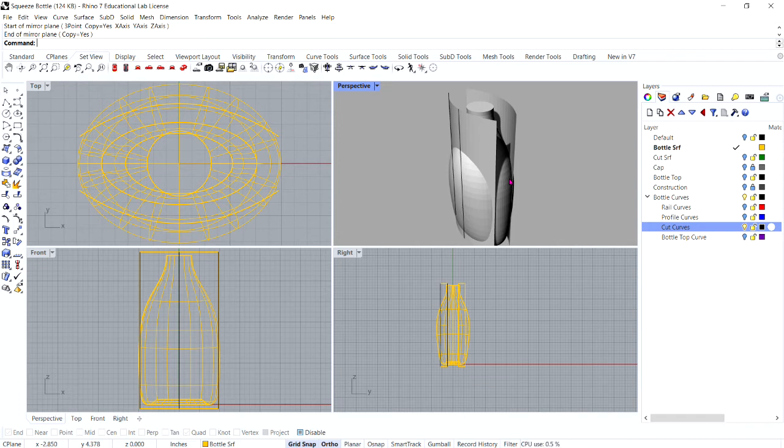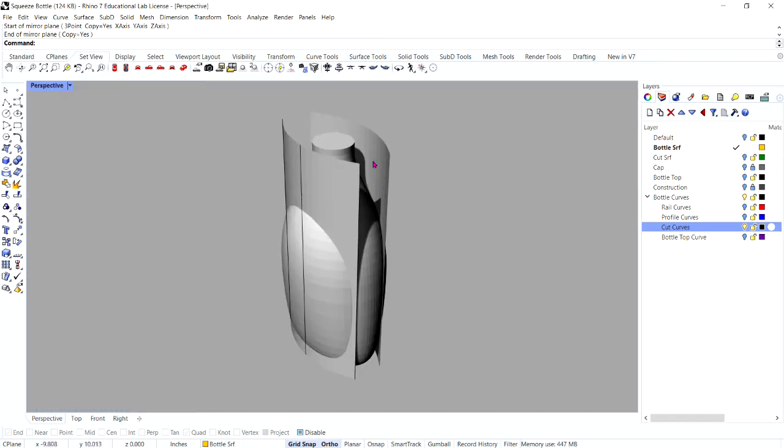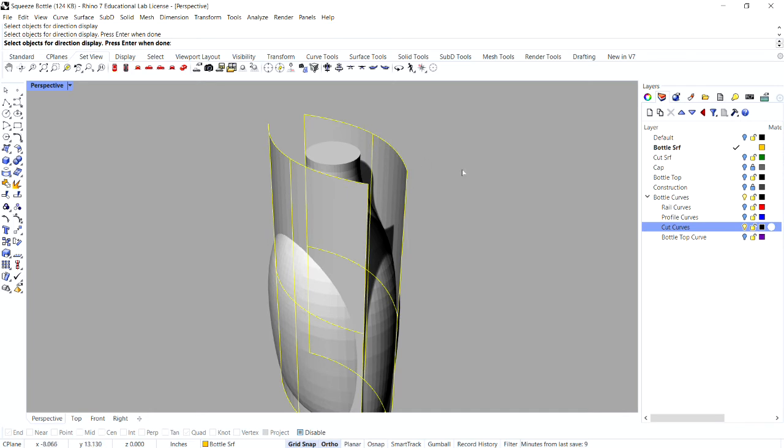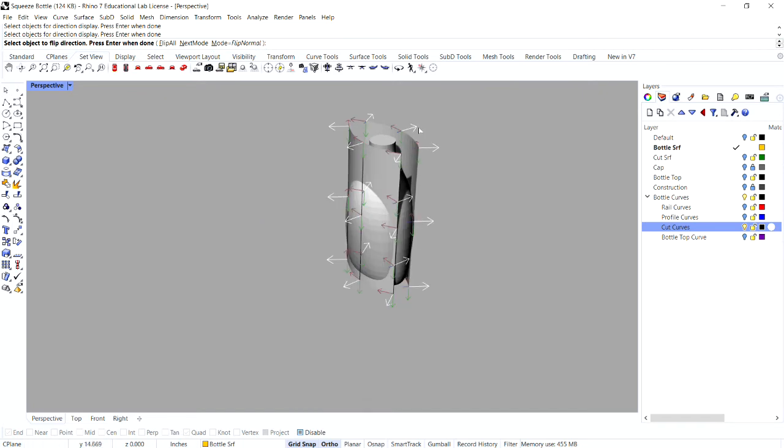Next, we're going to actually do a Boolean difference command to separate the differences. However, before we do so, we do need to make sure that the direction of the normals for these lofted surfaces is in the correct direction, right? So I'm going to full screen my perspective viewport, and I'm going to begin the direction command in the command bar by typing in dir, enter. Now I'm going to select the lofted surfaces to display the direction of their normals, and then enter,